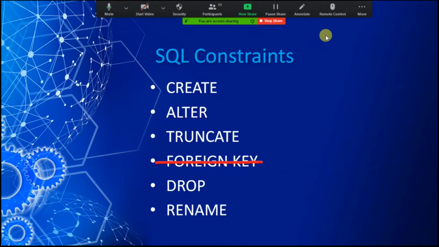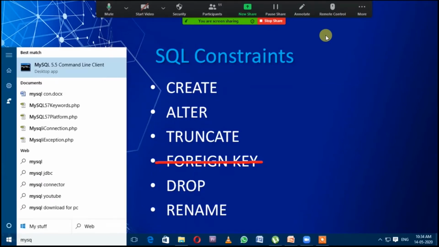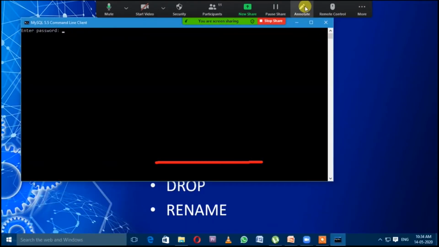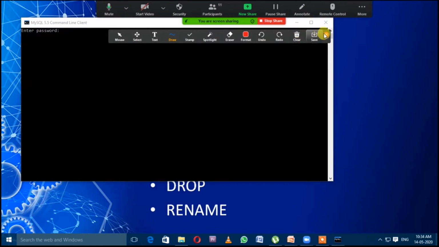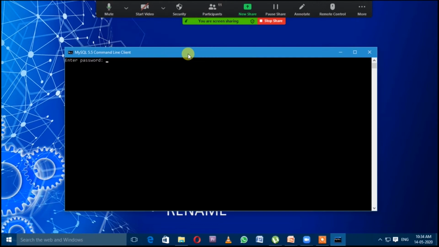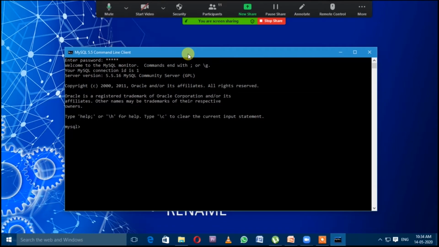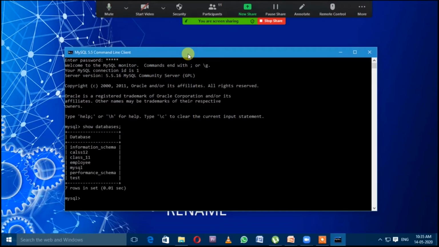So to perform all the queries, we need to open the MySQL first of all. So Windows, MySQL. Inside the MySQL, write the password of root, whatever you passed at the time of installation. So in my case, I am passing Sumit. Right now, I need to see how many databases are here. So we need to write the command show databases and termination. The semicolon or termination should be applied after each and every command of MySQL.